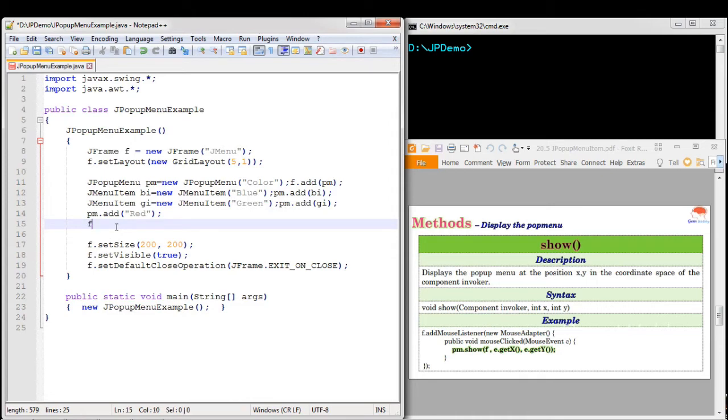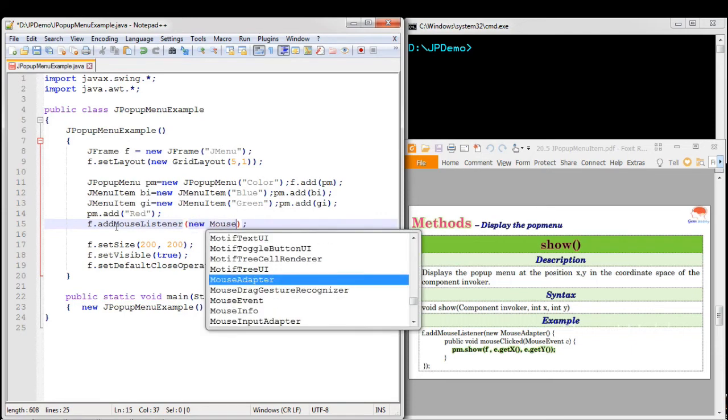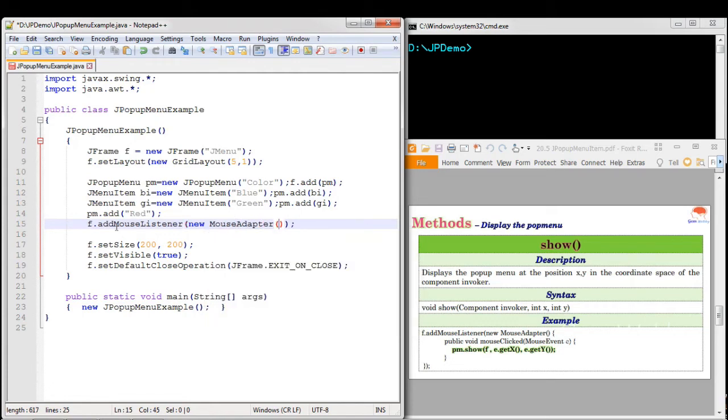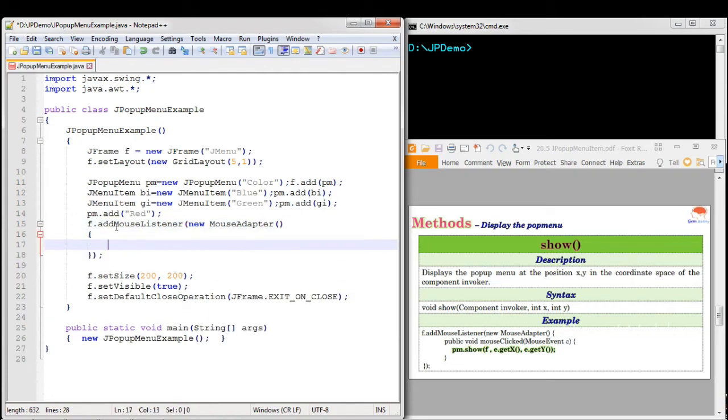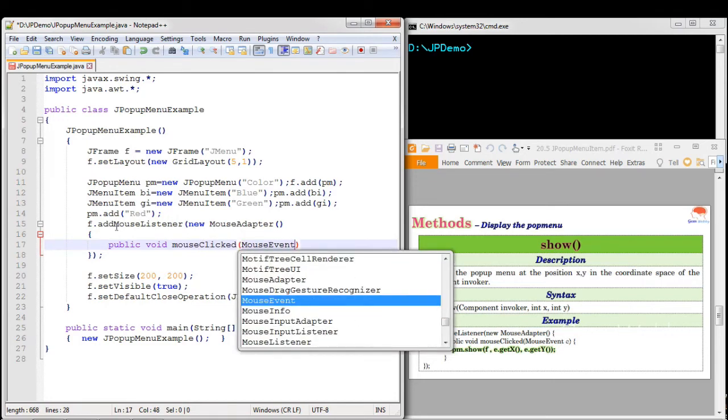So for this we are going to create a MouseAdapter, since you are not going to override all the methods of the mouse listener. Then we define the method: public void mouseClicked, which receives a MouseEvent object e.